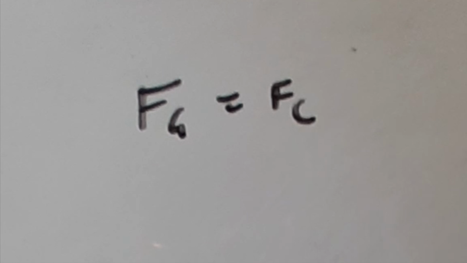Firstly, it is significant to understand the context behind Newton's law of universal gravitation. This begins with the idea that free-falling objects like the moon are always free-falling towards the Earth by the force of attraction. However, through observation, obviously it does not fall directly down to Earth. This is as the centripetal force balances the free-falling motion, keeping the moon in a circular orbit. Thus, at this point in time, it can be said Fg equals Fc. That is, the force of gravitation equals the force of centripetal force, where this acts as the context behind Newton's